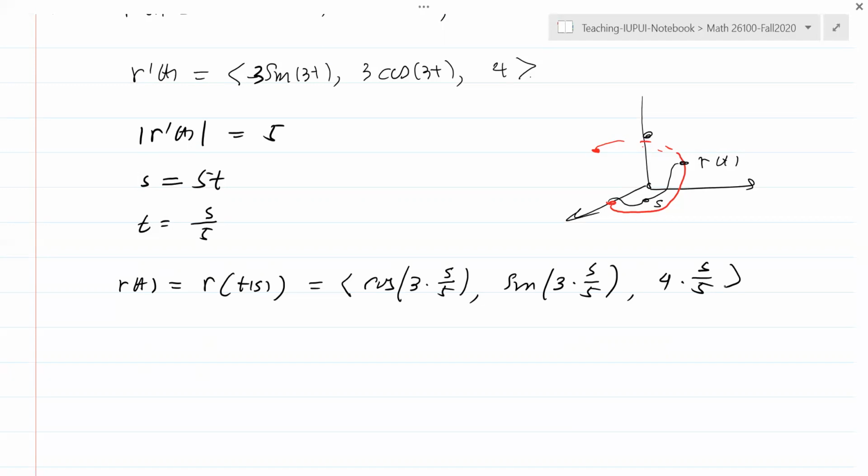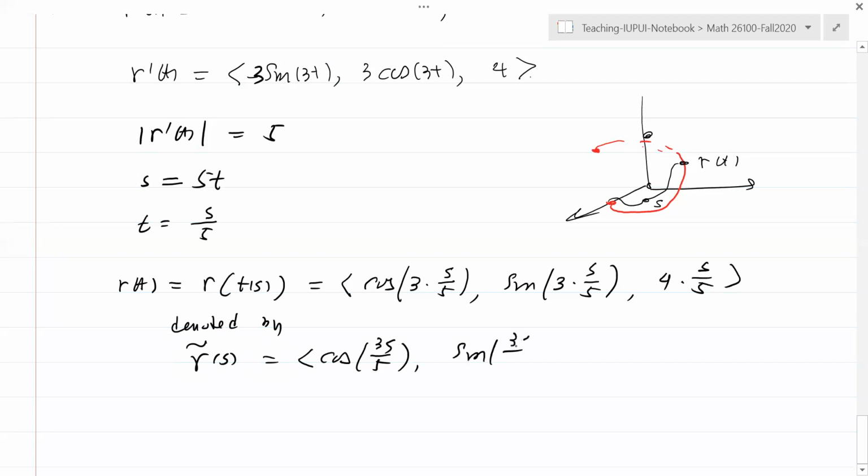And you can denote it by r2 of s. So that means it's cosine 3s over 5, sine 3s over 5,